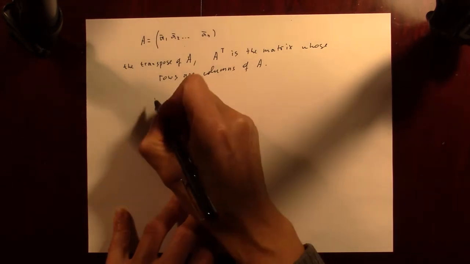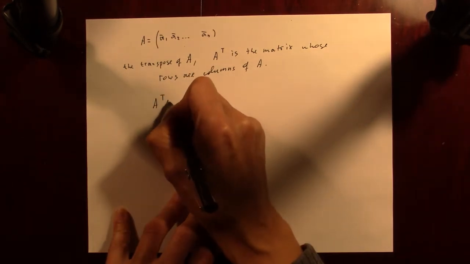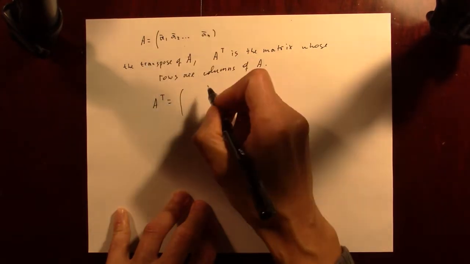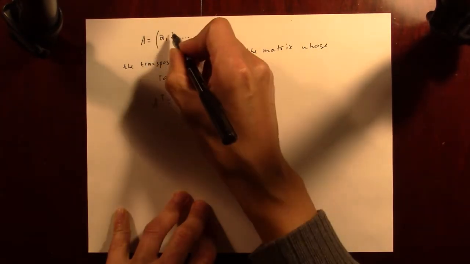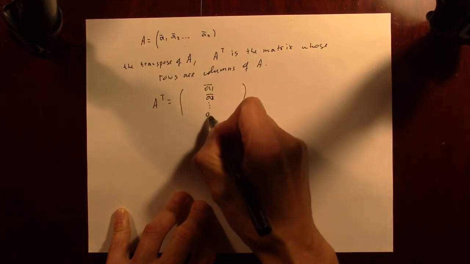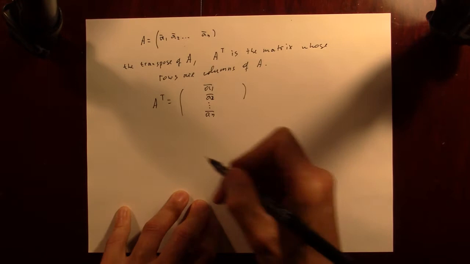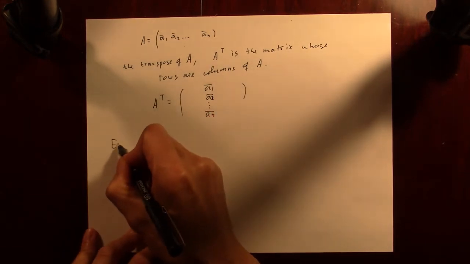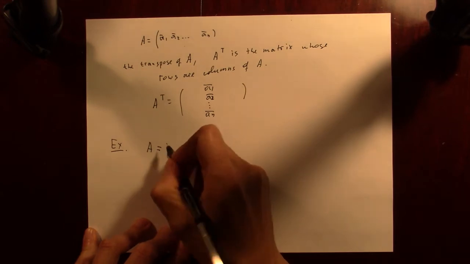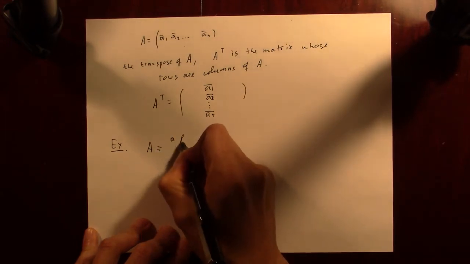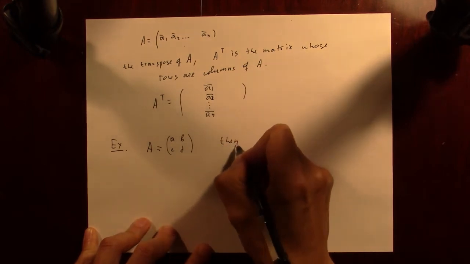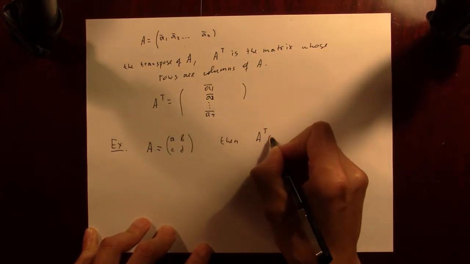So the way I can write A^T is: column A1 becomes row, column A2 becomes row, and so on. So column AN becomes row AN. Example, if I have matrix A which equals A, B, C, and D, then A transpose is going to be